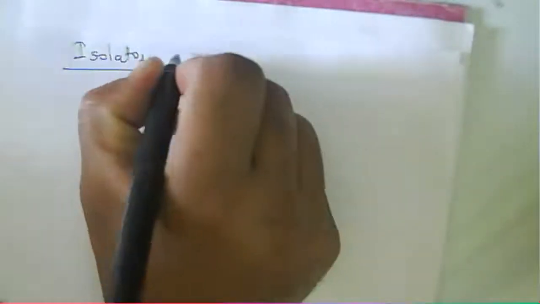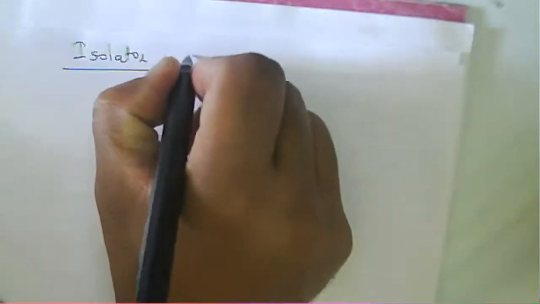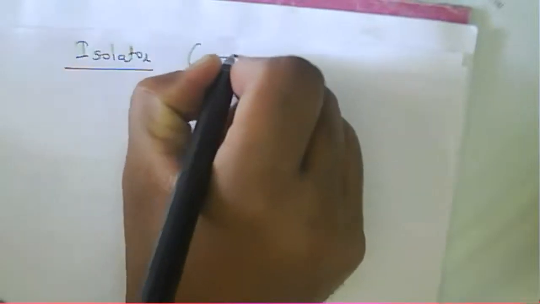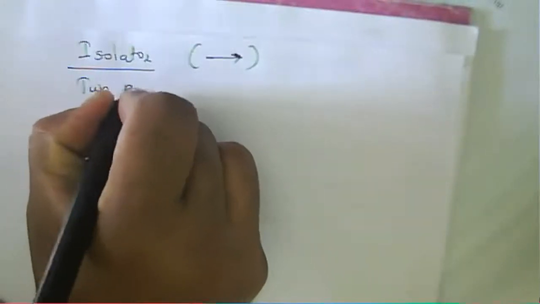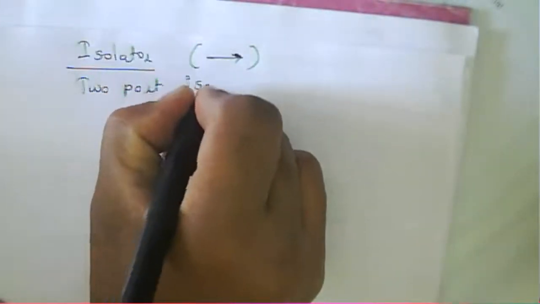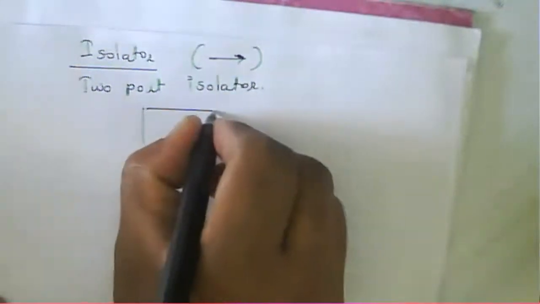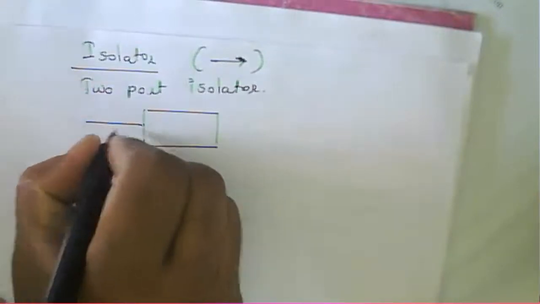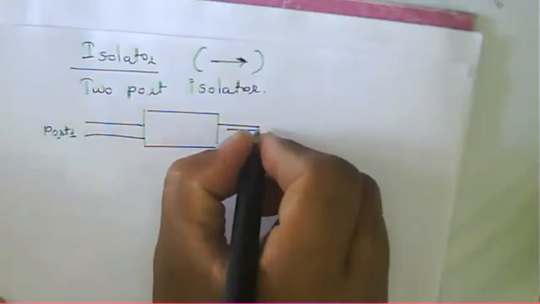Now your signal is propagating in only one direction. In an isolator, your signal is propagating in one direction. Suppose I am saying that it is a two-port isolator. What happens? Two ports, port one is about your